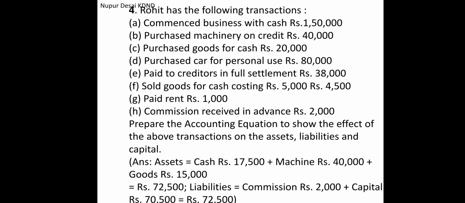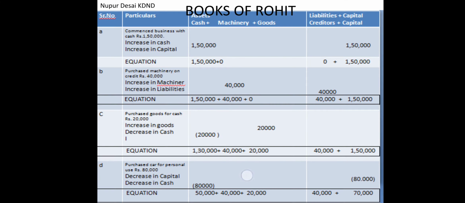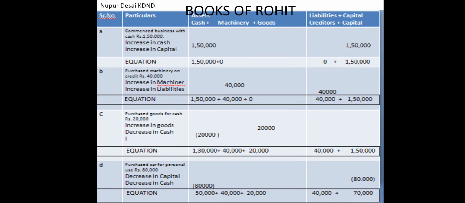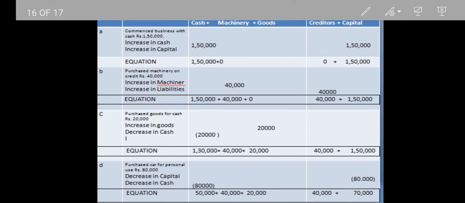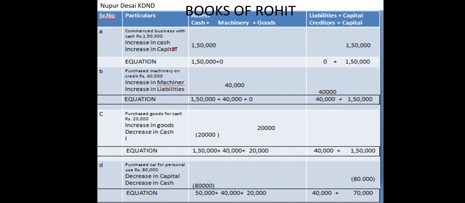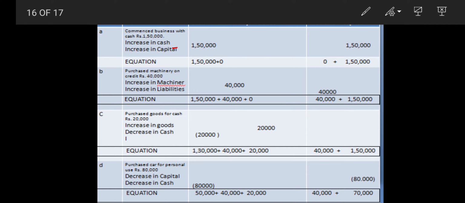So in this case we are going to solve it one by one. Here we will start with books of Rohit, and you can see here date, particulars, serial number, particulars, assets and liability plus capital is drawn. Commence business with cash rupees 1,50,000. So here also increase in capital and increase in cash. You can see here our cash column is already ready, and here cash 1,50,000 and here capital 1,50,000 I have transferred. And then comes your next